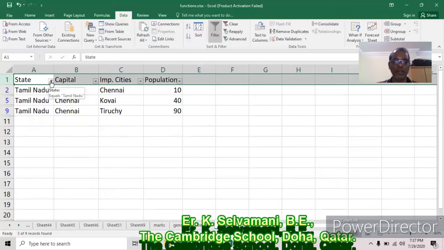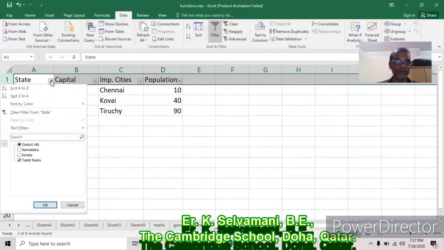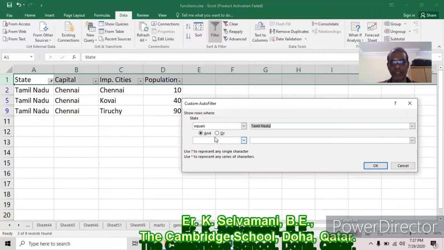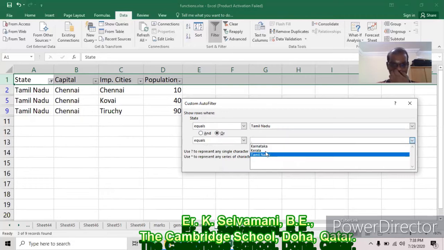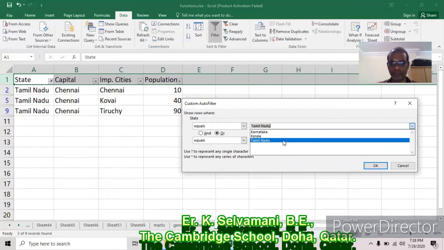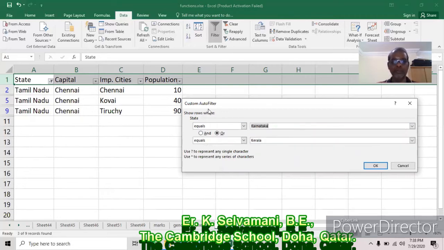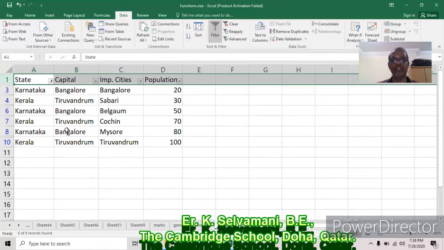But now I would like to view Kerala and Karnataka. Show rows where state equals Karnataka or equals Kerala. Then Kerala and Karnataka will be displayed.